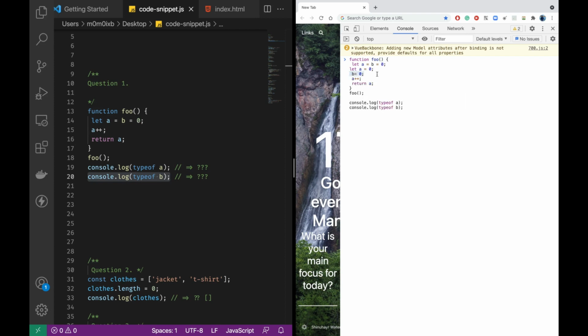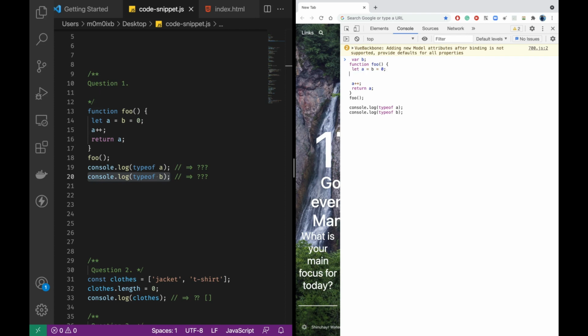As you know, if you don't give any keyword like let, var and const, it will get created in the global scope. So the definition of b will go out, and it will get hoisted something like this.